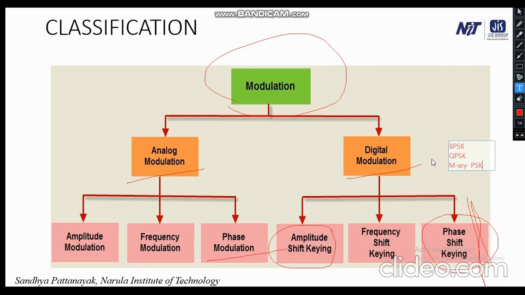And then if time permits, we'll go for other higher techniques also, and we'll go for a comparison study of these techniques. So out of BPSK, QPSK, and M-ary PSK, I'll be covering today the BPSK technique. We'll be discussing the binary phase shift keying. For binary phase shift keying, the capital M value is equal to 2 because there are two phase shifts. One is 0 degree and the other one is your 180 degree. We'll be discussing the details of it.